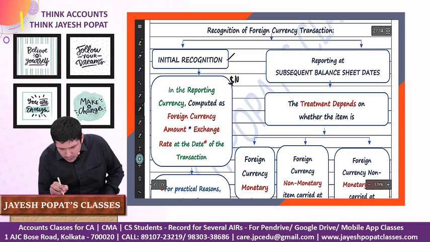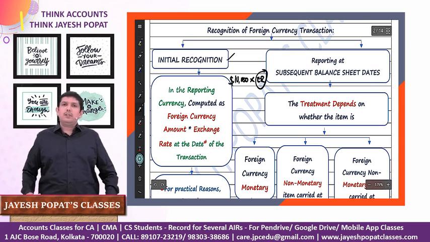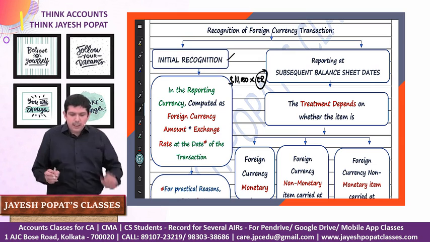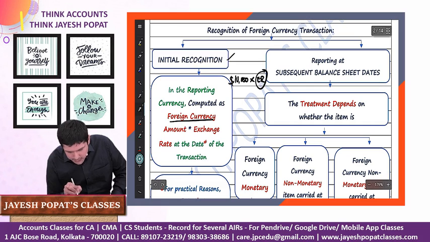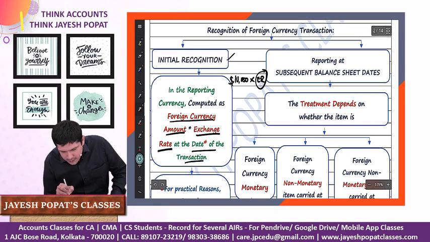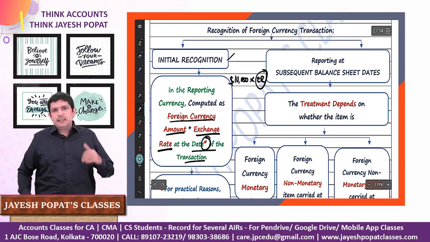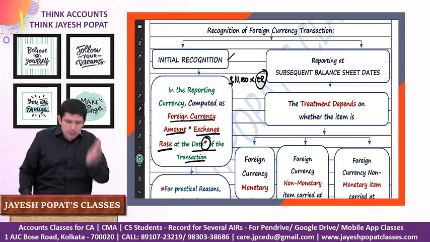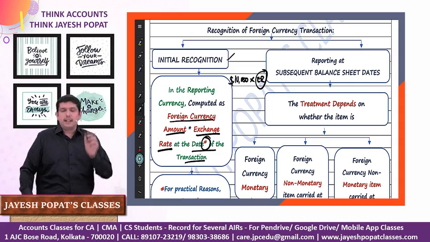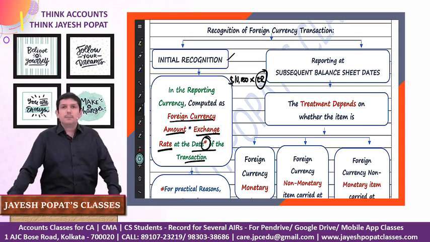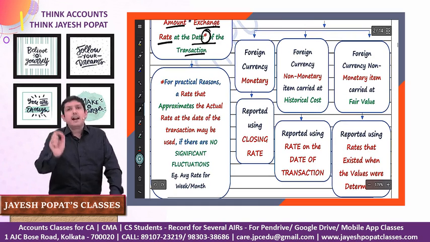That will be computed as $10,000 into whatever is the exchange rate of INR and dollars on that date. So in the reporting currency, it is computed as the foreign currency amount, which is $10,000, into the exchange rate at the date of the transaction. Whatever is the rate on the date of the transaction, we'll use that rate to convert the dollar into INR. But for practical convenience, you can take an average rate,